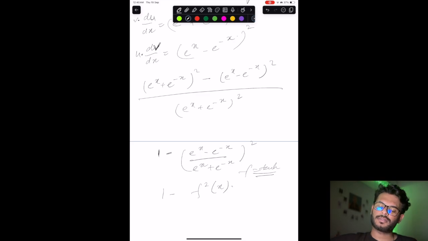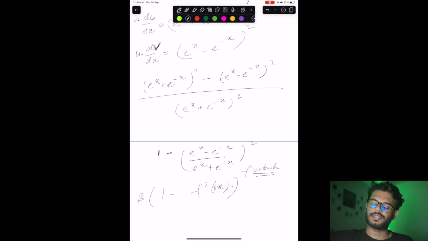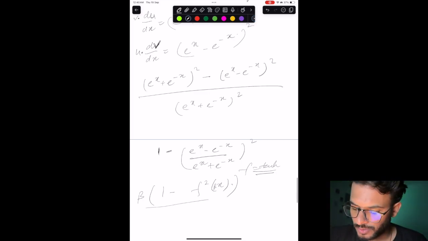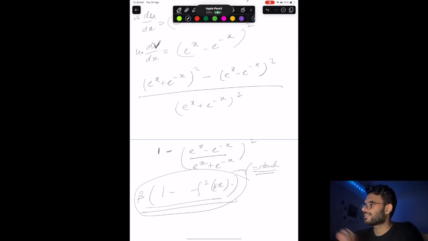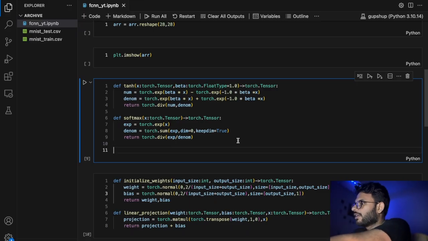Now if you adjust the beta, beta will be a constant term, it will come out, and then it will become beta x. Simple as that. So this is our derivative for the tanh, and it's pretty simple and we can code it right away. So def